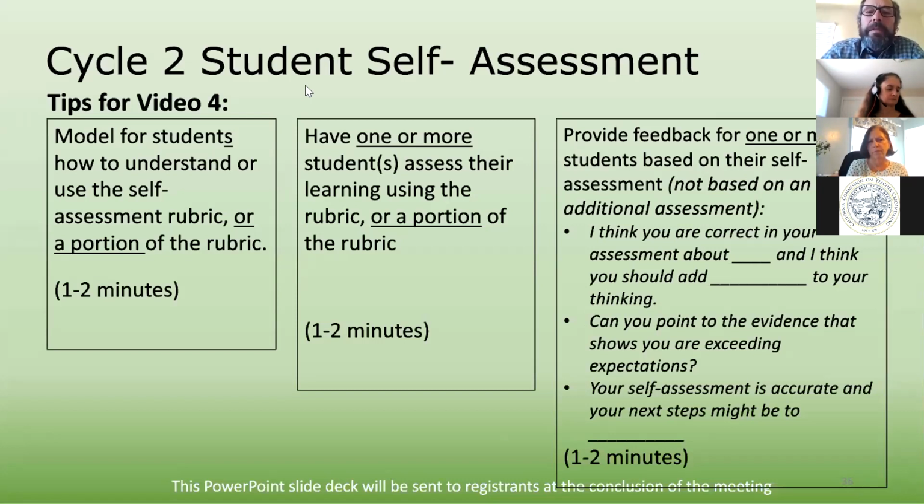When the video requirements state one or more students, you could have one student demonstrate the use of that and do a self-assessment on that piece. And then finally, providing feedback. I think that some of the candidates are thinking that they need to do a separate assessment to provide feedback on. In the design of this, it's what is the feedback based on how they self-assess, how they use that